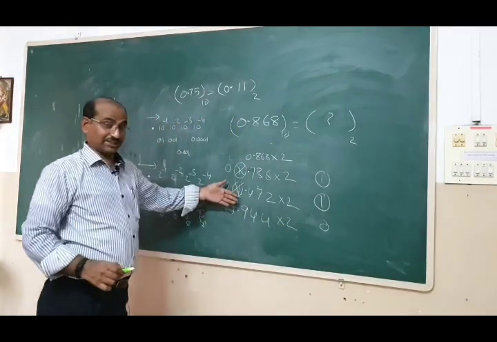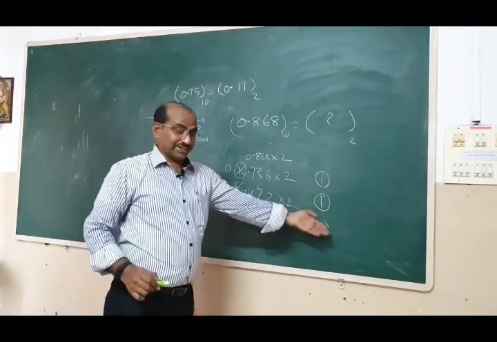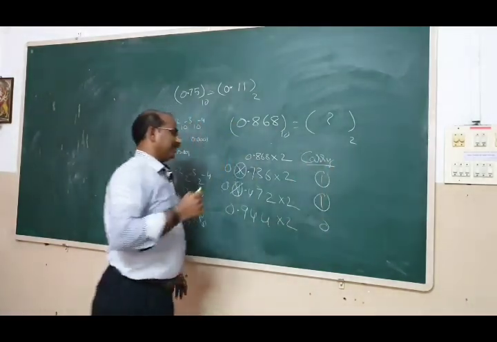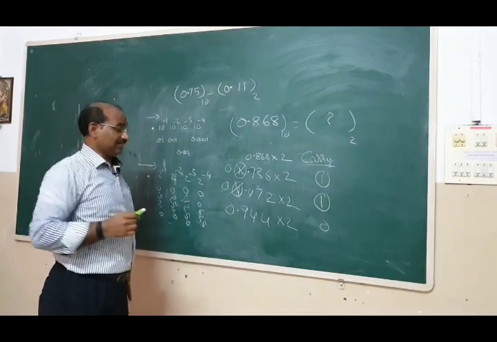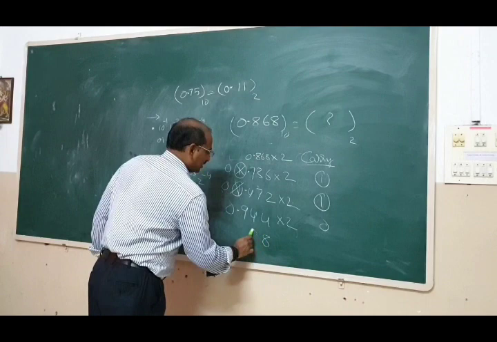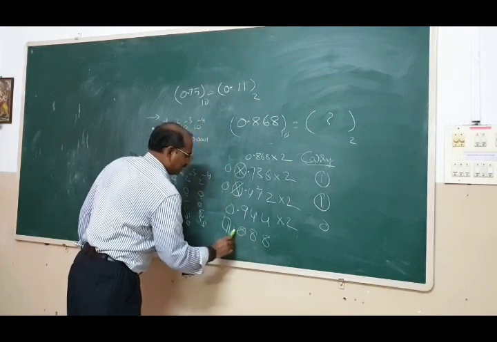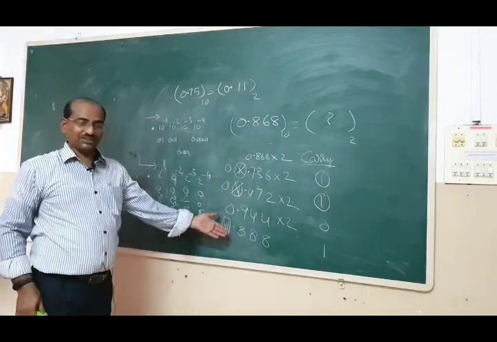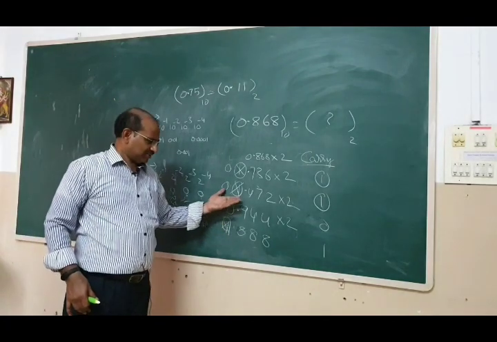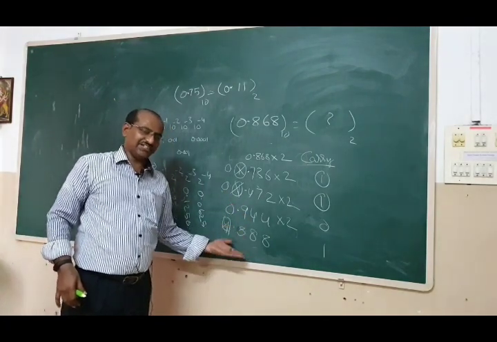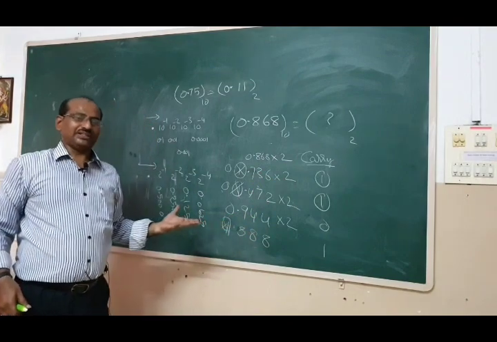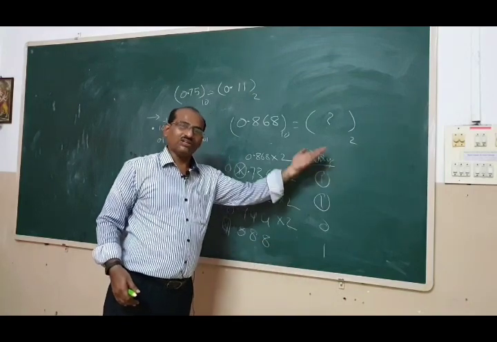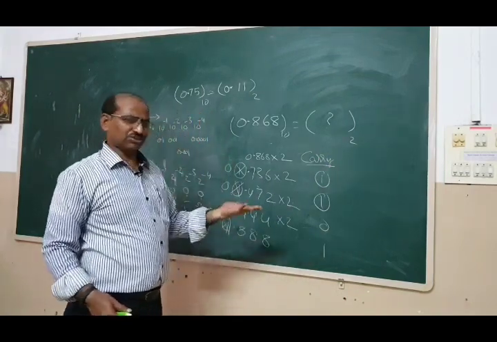Again, if you don't get a carry 1, you write 0 here. So earlier we wrote the remainders, now we are writing the carry, right? 2 4s are 8, 2 4s are 8. Again we are getting a 1 here, make it 0, write 1 here. See, it will not end. Even if you multiply for 10 or 11 significant bits also, it will not terminate with zeros. So stop it here, because we have 4 bits anyway, or if you can do 2 more, that's all.